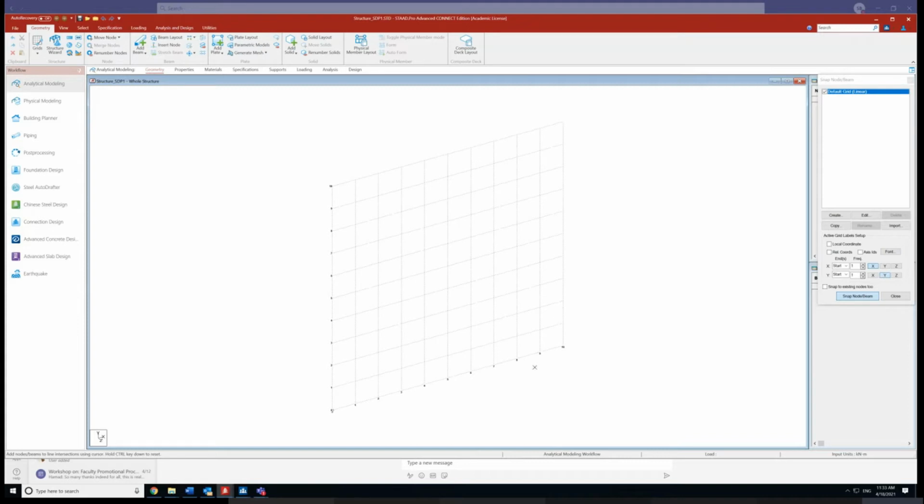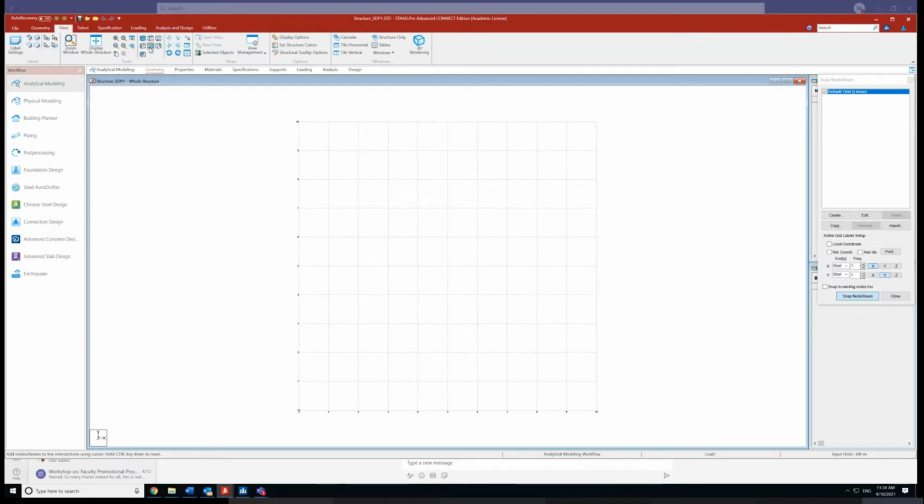This is an isometric view. You can change it to whether you want like a plan view in the XY direction. You can see it from the top, you can see it from the bottom, from the side, wherever you want. Okay, let's assume I want to draw a floor. Then I will go to the top